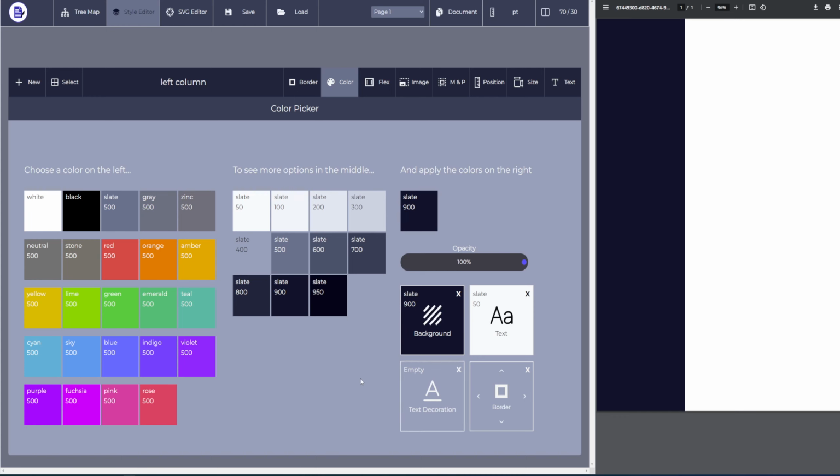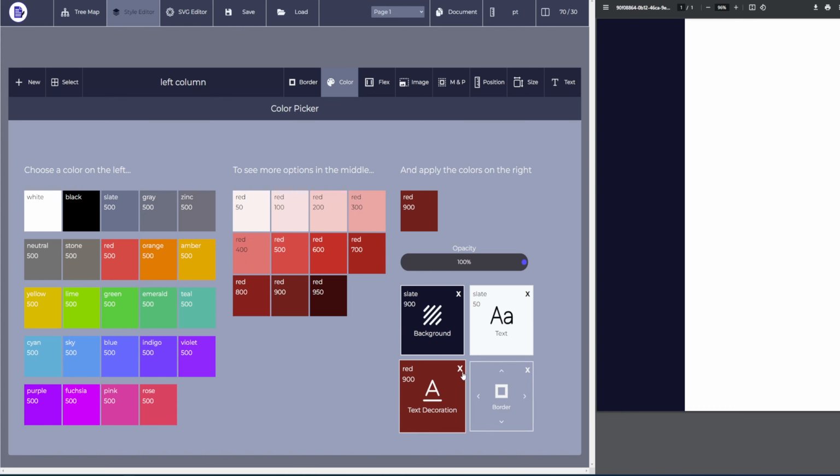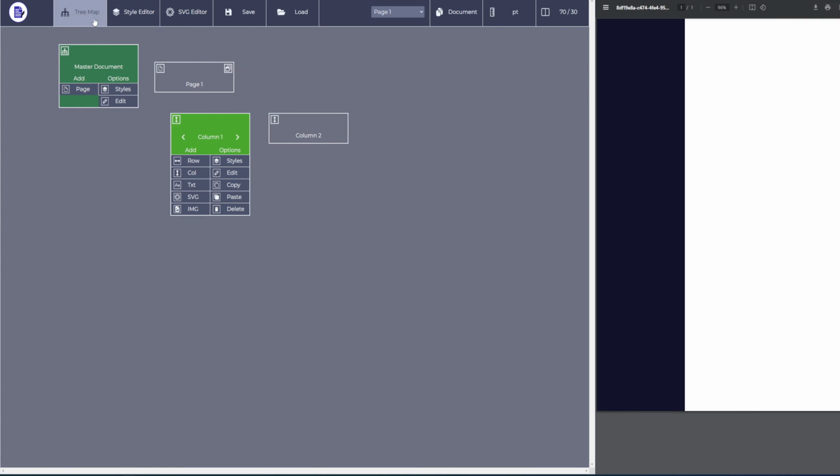And if we wanted to apply a color to the text decoration, we could do it here too. So anything like a strike through or an underline, if you wanted like a red underline or strike through, you could apply that here. And yeah, anyway, that's enough looking at colors here for now. So let's go back to the tree map, and